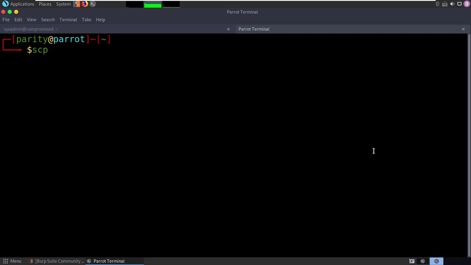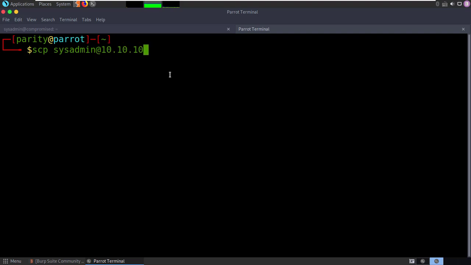It uses SSH. So the only connectivity we have is either SSH or 80. I wasn't able to do any offload through 80 because of the differences in users. I know I did it the first time, can't figure it out. But the easy way is just go SCP. So we'll do SCP, and it's going to be the same information, sysadmin